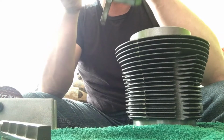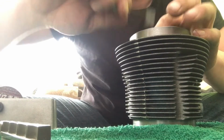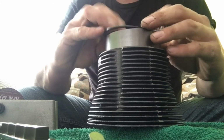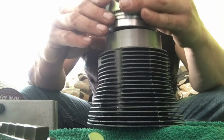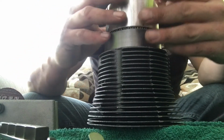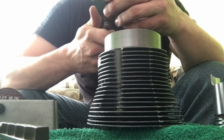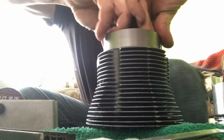What's that? Nope. 026. Oh, dang it. And check it on the bottom side. Why did I fold those up? .026 fits, no, .027, good. So,